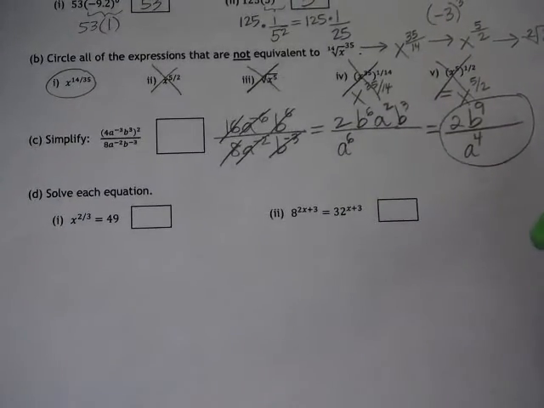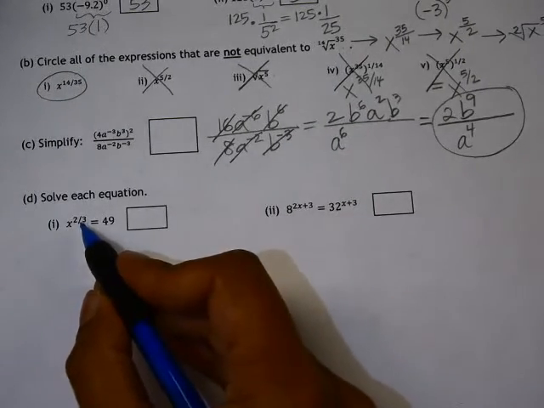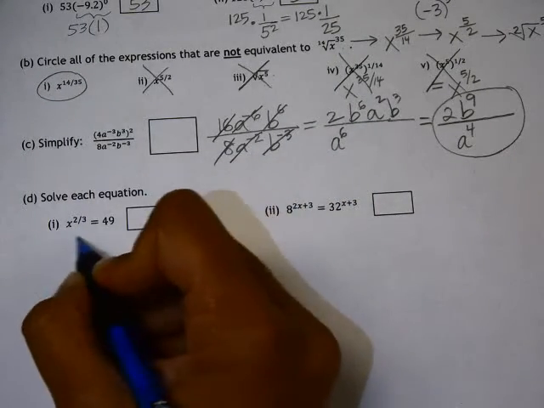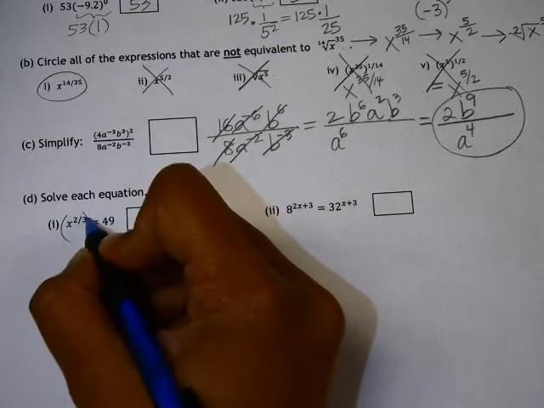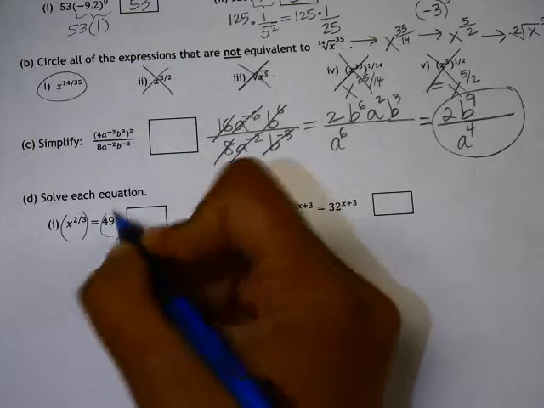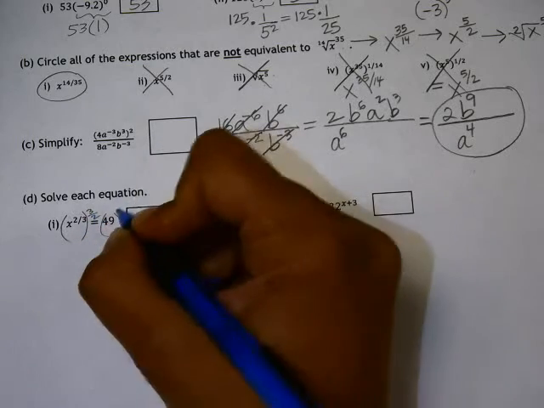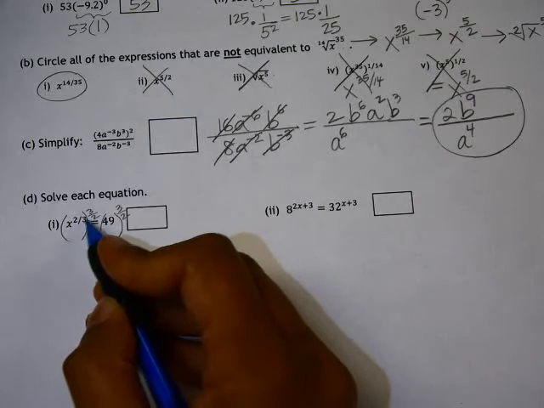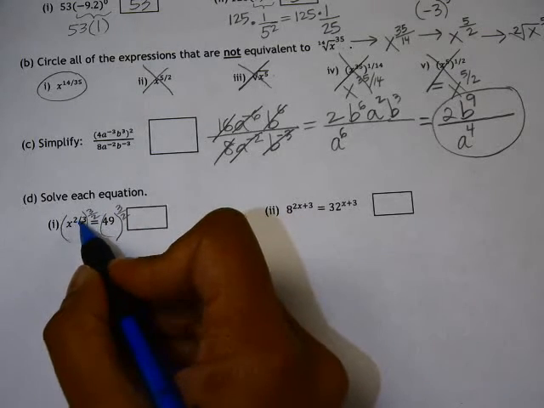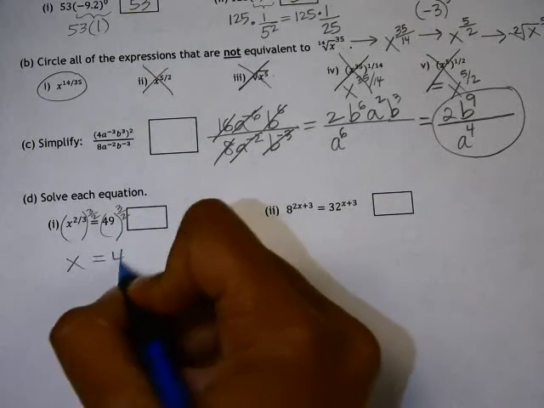Alright, the last two problems on here are solving equations. So on part 1 we have a power equation. There's a couple ways you can solve this. One way to do it is to raise each side of this equation to the reciprocal of this exponent. So that would be 3 over 2 on both sides. The reason we're doing that is if we multiply 2/3 times 3/2, that's an exponent of 1. So x to the first power equals 49 to the 3/2,